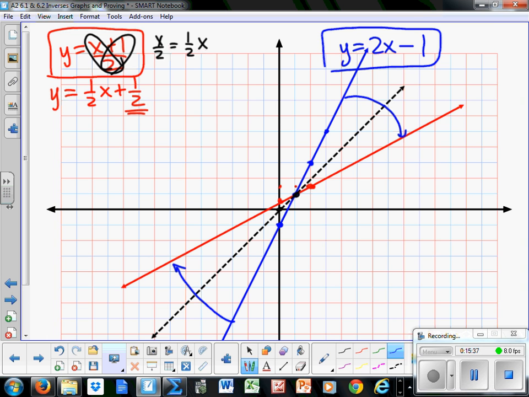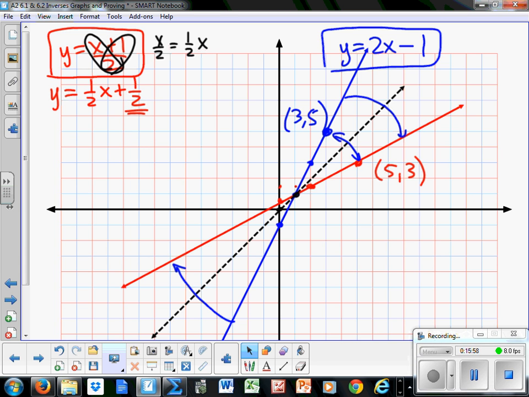You can even spot some ordered pairs. For instance, this point right here looks to be (5, 3). Well, if I go to the point (3, 5), it's on the line, and these are images of each other